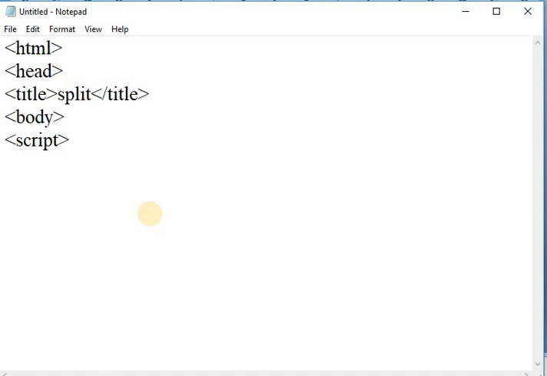Here, in this example, I am taking one variable, var str, and passing to that variable one string: welcome to world of JavaScript.